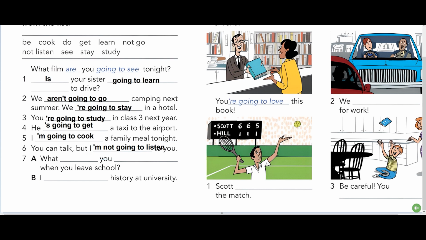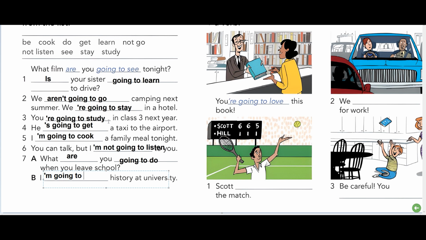Okay, it's a little bit strange here, but I think you got the idea. What are you going to do when you leave school? I'm going to study history, yes?